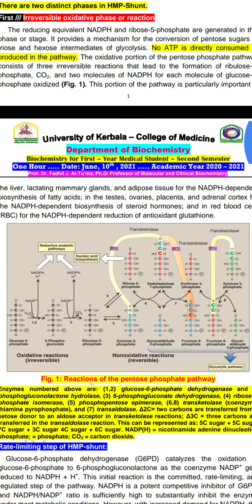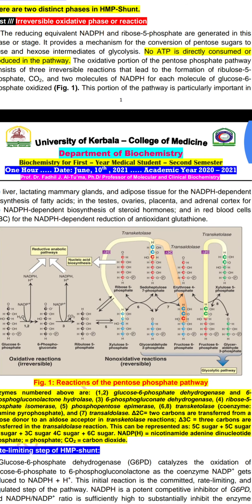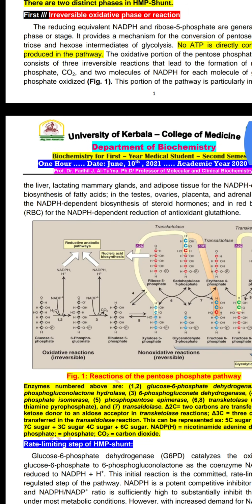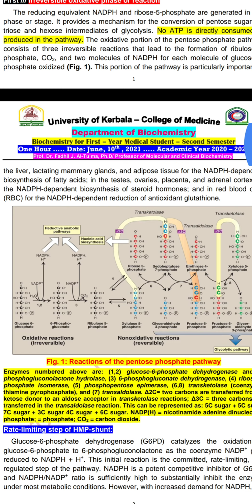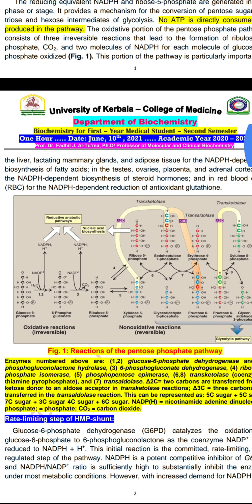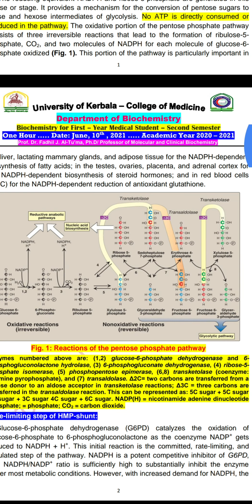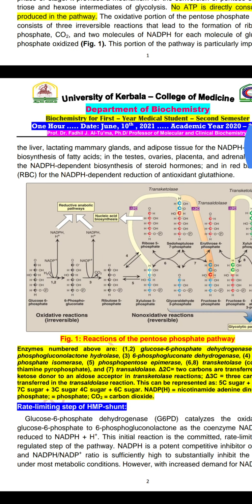For example, in the testes, ovaries, placenta, and adrenal cortex, NADPH dependent reactions are required for biosynthesis of steroid hormones, and in red blood cells for the NADPH dependent reduction